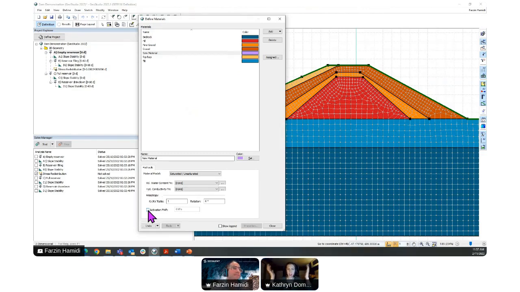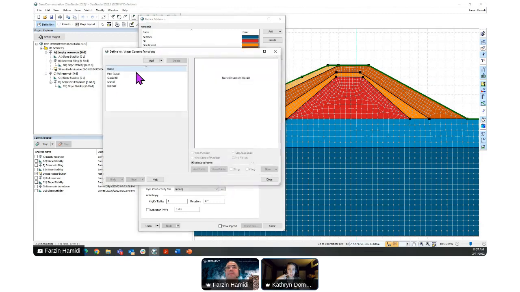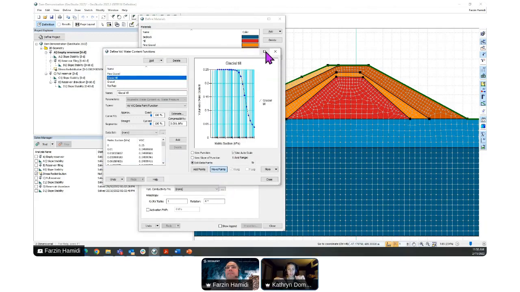So you're thinking, okay, we have this average infiltration rate. How do I then calculate what that activation pore water pressure value is? Farzan, if you open up the hydraulic conductivity in this window, open up the hydraulic conductivity function. And so you have your hydraulic conductivity function.